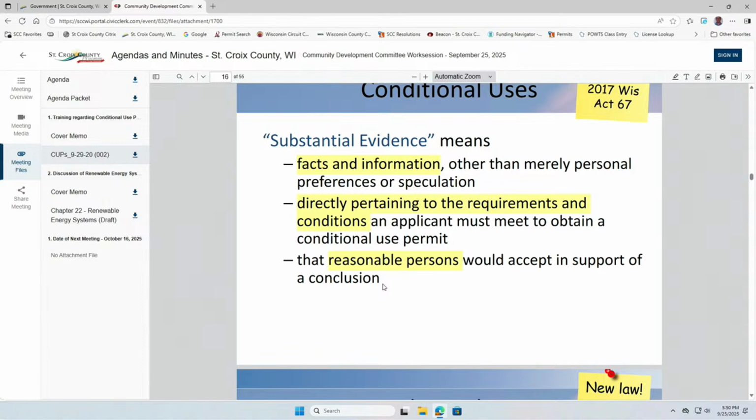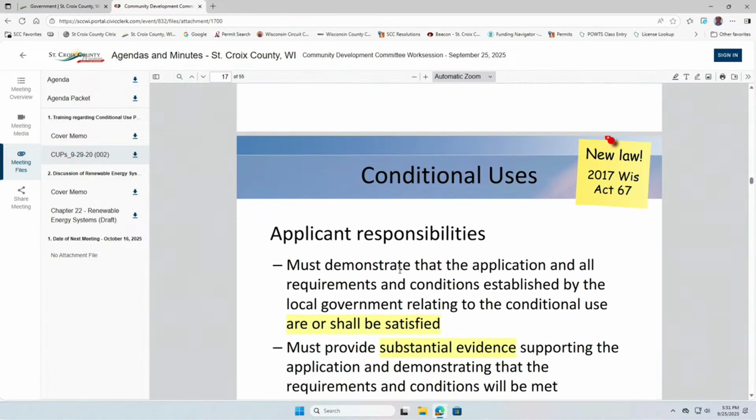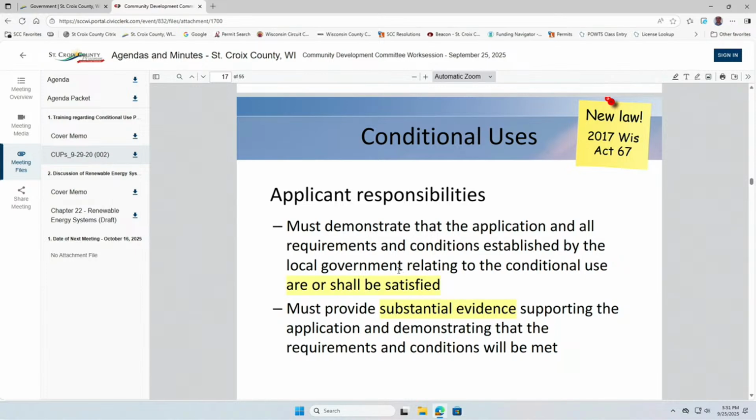So I'm glad that we've got all of you on the CDC, because I think you're all reasonable persons. So we're only going to have good conditions based on substantial evidence. So, yeah, that was supposed to be a moment of humor. Yeah, for now, we're all reasonable. I'm not as funny as Ken, so anyway.